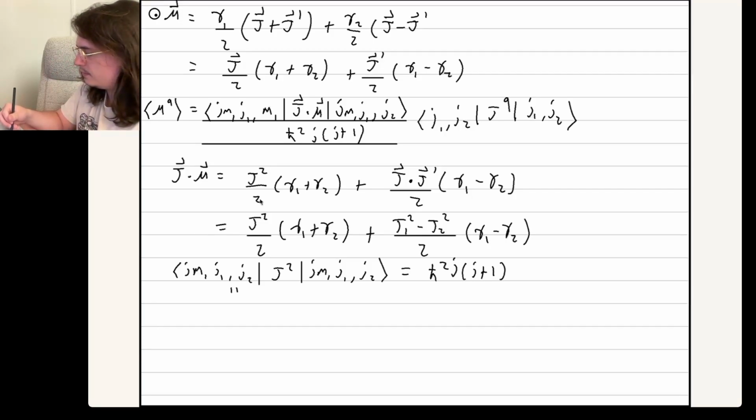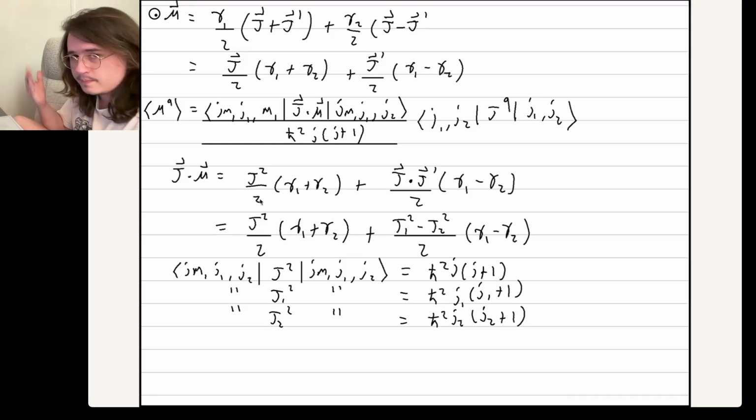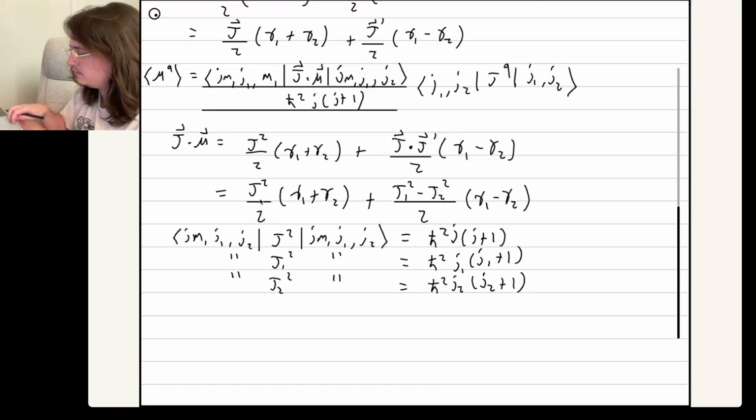Similarly, for j1 squared, you'll get h bar squared j1 times j1 plus 1. And for j2 squared, you'll get h bar squared j2 times j2 plus 1. Makes sense. So looking at the entire expectation value now,